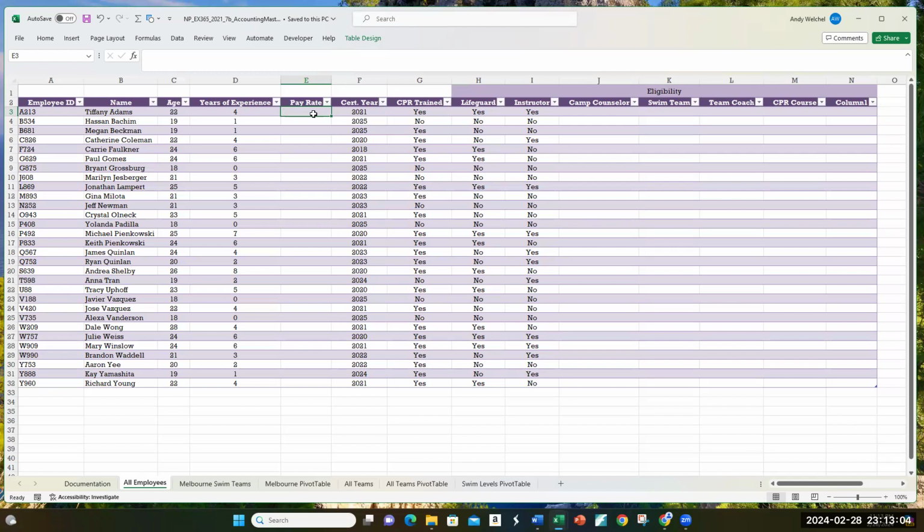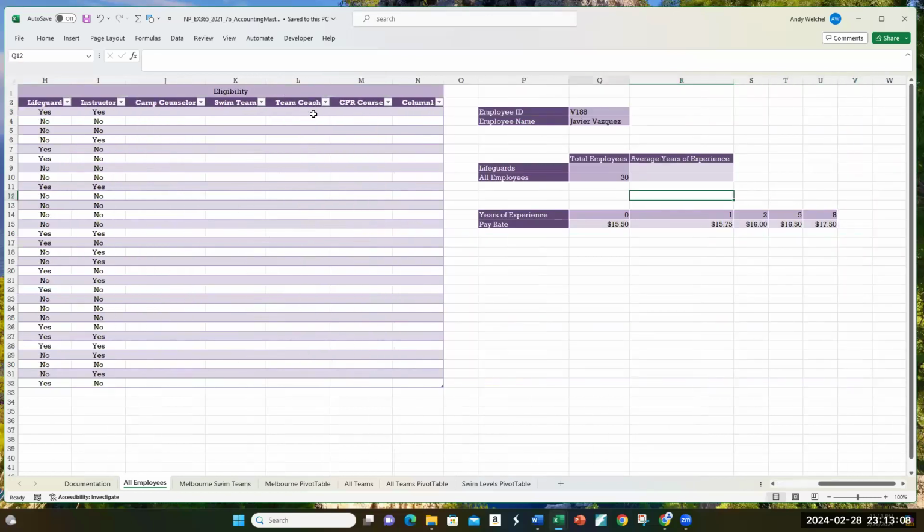VLOOKUP formulas are far more common. We use them a lot. So I guess we're going to go over here, see the years of experience and the pay rate, 0, 1, 2, 5, and 8. And the pay rates are right here. I guess the longer they've been here, the more they make. Generally, we would see this with years of experience and pay rate in the columns, and then these numbers would go down instead of across. And in that case, we would use a VLOOKUP formula. But I guess they want you to